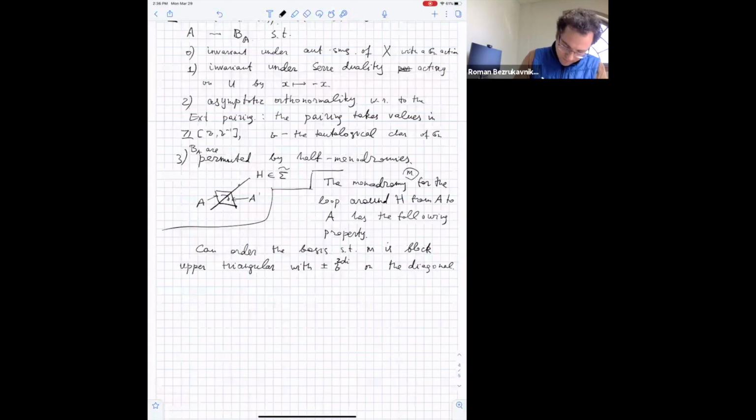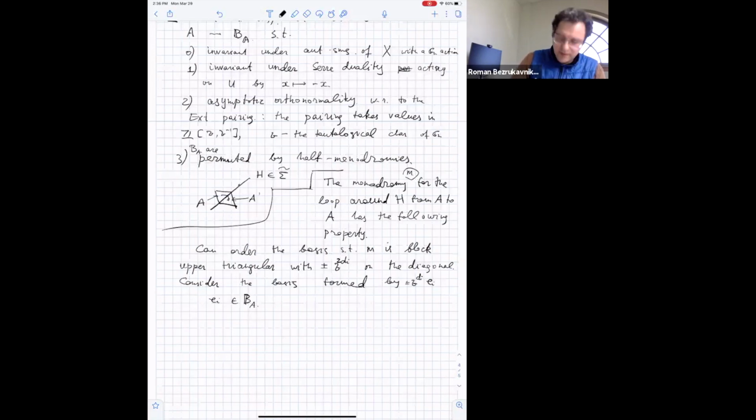Now, consider a basis formed by V to the power di times ei, where ei is an element in the canonical basis attached to A,